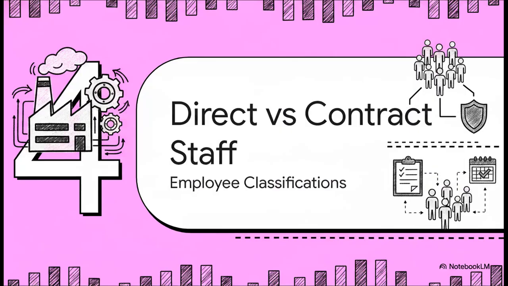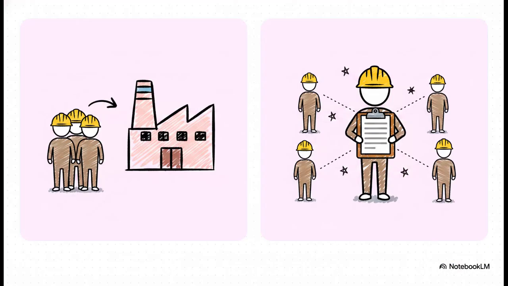All right, Section 4, direct versus contract employees. Let's talk about employee classifications. Now, you can't just lump all your workers together into one giant equation. SASB has a very strict requirement that you must track and report these calculated rates separately for two distinct workforce groups. And I think this brilliantly illustrates the true depth of responsibility companies hold today. You must report rates for direct employees separately from contract employees.